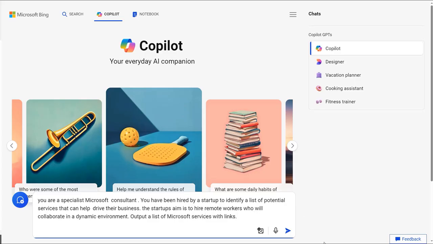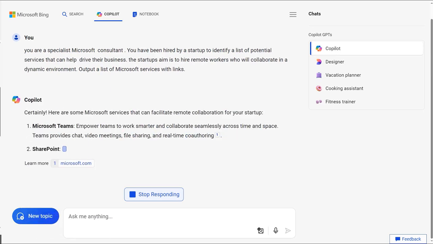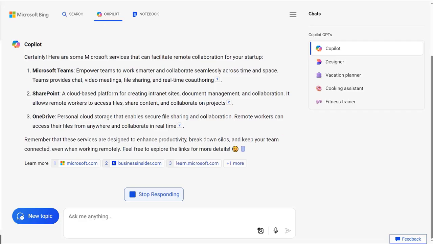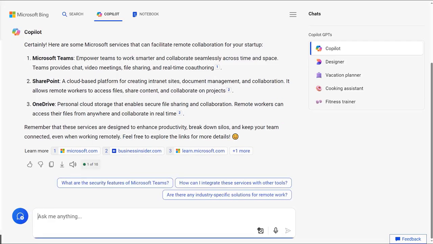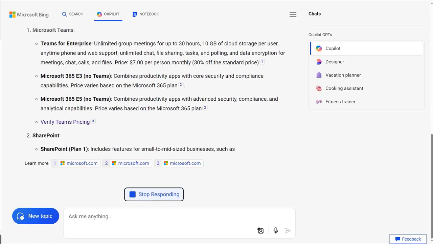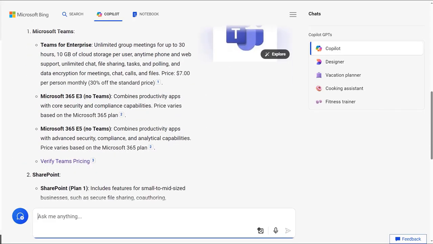In the generated output, Microsoft Copilot in Bing identifies the available technologies and where they can be applied. Next, you need to refine the query to identify the tools. You can do this by expanding your query by interrogating the initial list for more information, like this. For each of the services listed, provide pricing and a link to verify this information attached to the price. Finally, you can analyze the results by carefully reviewing Microsoft Copilot in Bing's recommendations and selecting each of the clickable